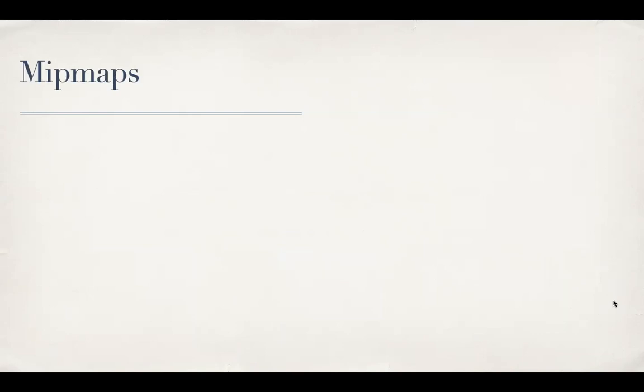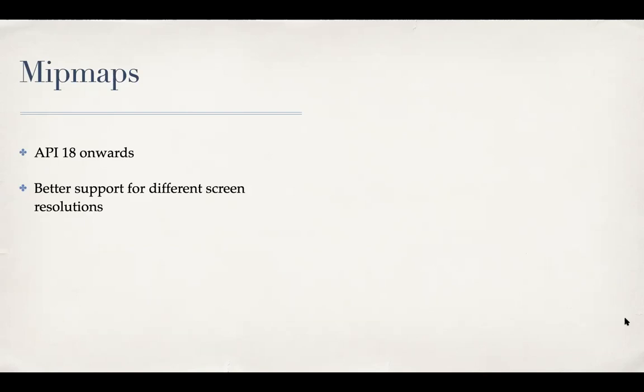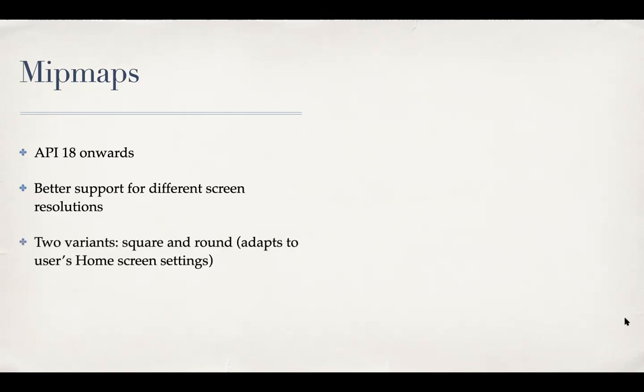Mipmaps is an improvement on Drawables. It's used in API 18 and above, and it's for better support for different screen resolutions, as well as allowing for square or round icons and so on. So it supports two variants, and it adapts to home screen settings. You must have seen some devices which have round icons instead of the square icons like we saw